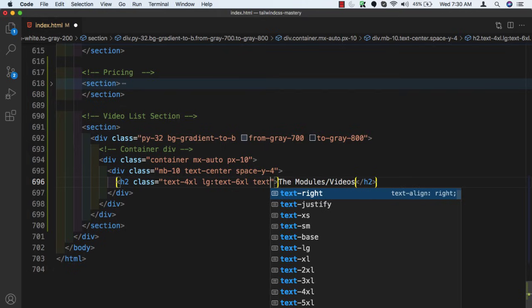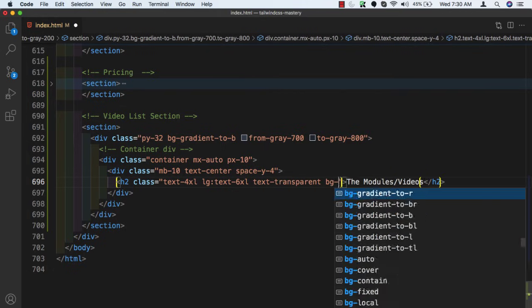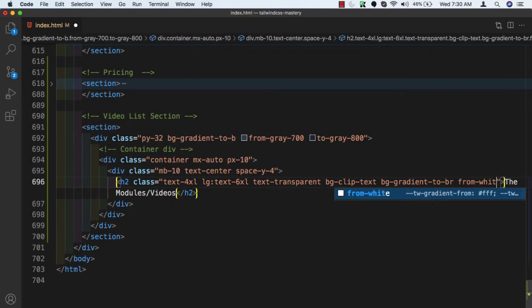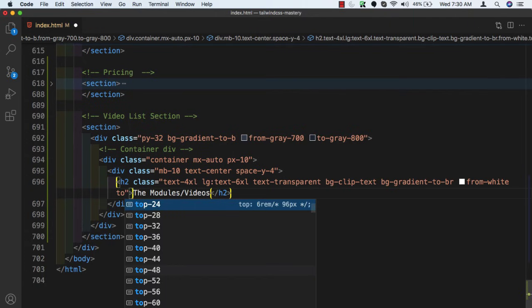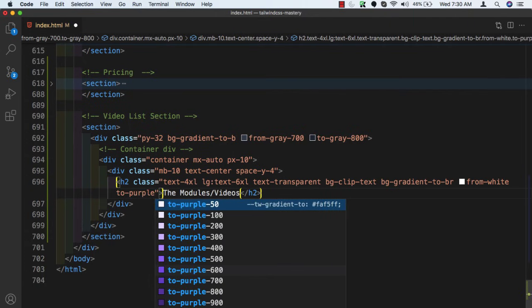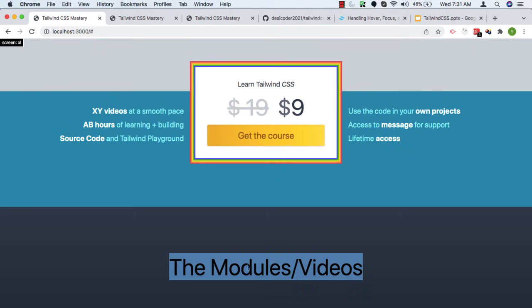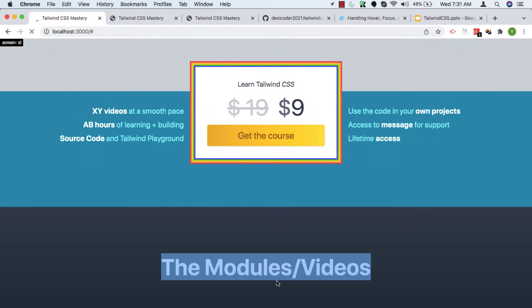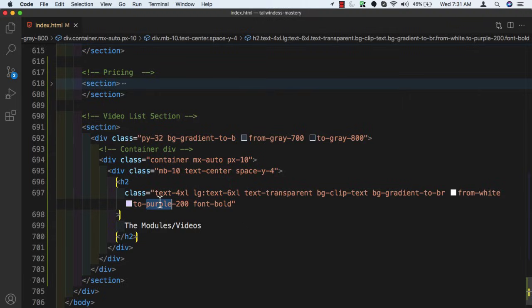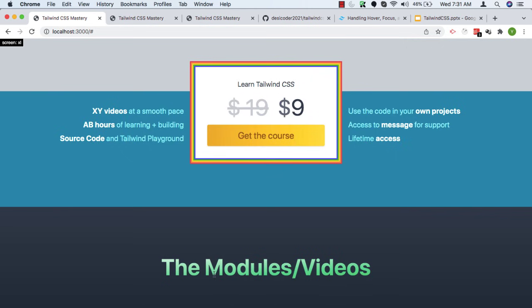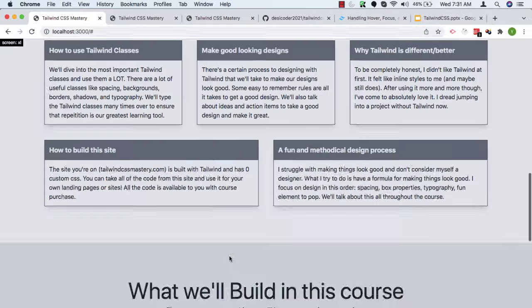So I need text to be transparent and bg clip text, bg gradient to bottom right from white to, if I give purple, let's see what color we will get. So purple 200, and then we need font to be bold. Save this, go back. Okay, so this is the white color. What if I give purple 200? Let's say if I give green 500. Okay, so now the color is changing from white to green, but which color will be better for us? I think green is better, but